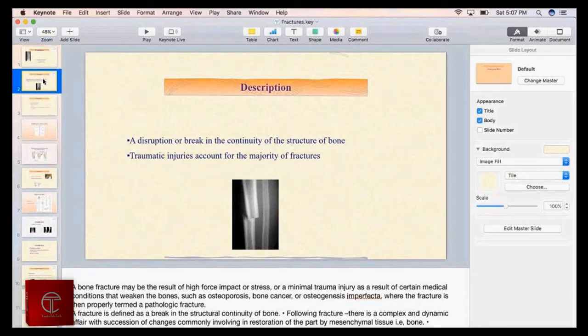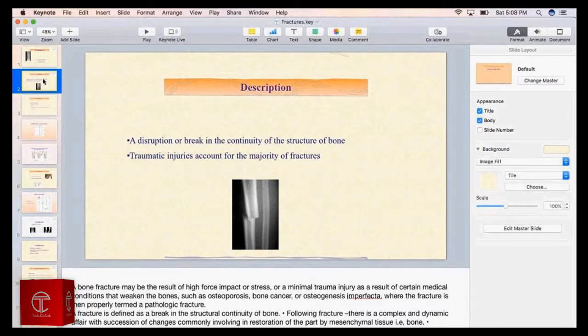So unless you are particular in following this radiological pattern, you might miss this kind of unicortical or greenstick fracture. So you should be very meticulous in following this